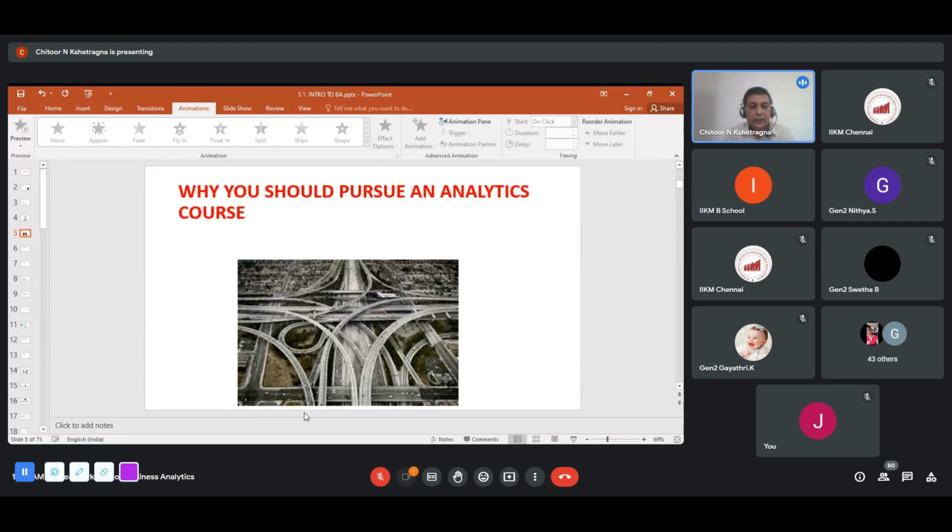It looks like an overbridge, with so many roads winding across. It's almost a puzzle: which road should I take? So this is the state of mind we would be in, and there's nothing wrong with it because all of us go through this. Even when I was young, I was also confused about what kind of career option I should take. But again, when you talk with the right people and join the right courses, you'll get a lot of clarity, and it's not difficult at all.